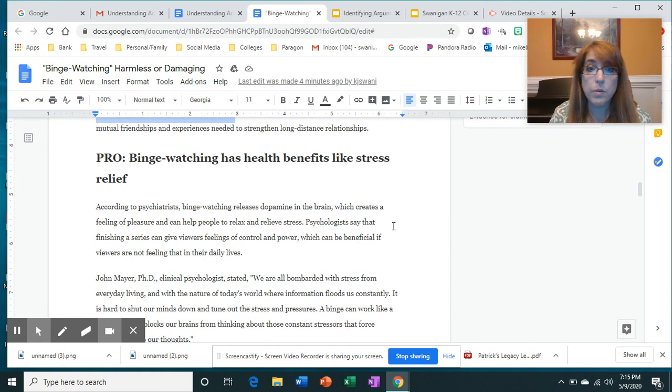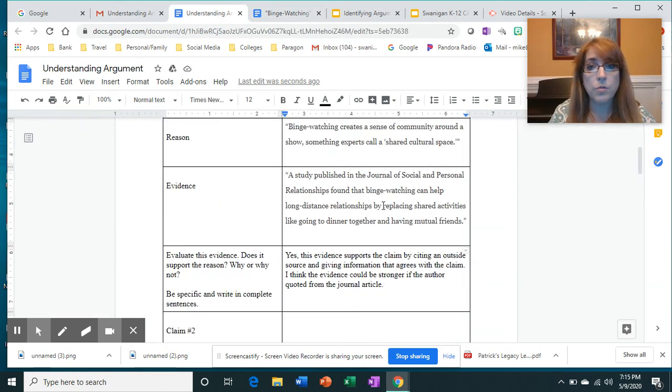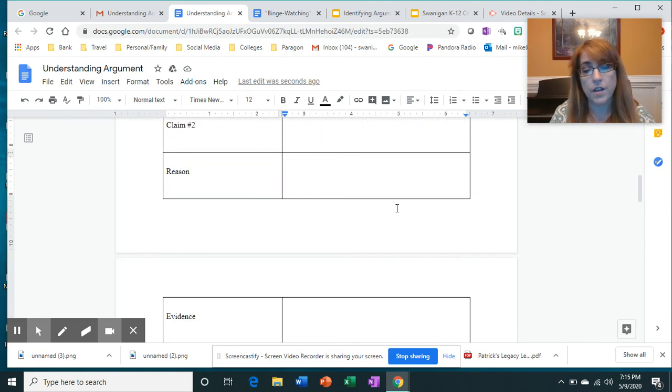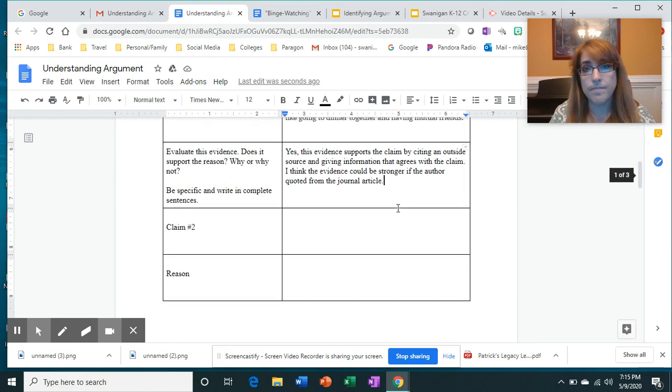And then as a group, we would discuss whether or not we felt like the evidence for the second claim was sufficient. After students complete that portion of the assignment, then they would work independently. The article has 4 more claims, 4 more sets of reasons, and 4 more sets of evidence. So they would complete those on their own. And this chart would then be submitted as evidence of their work for a formative assessment.